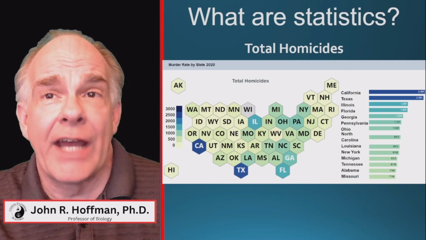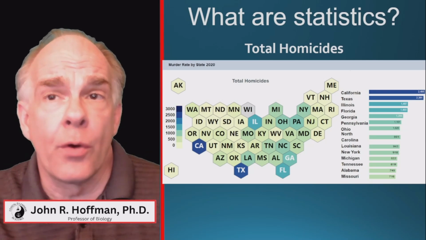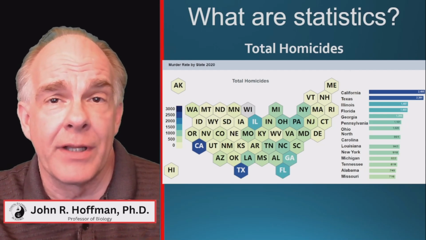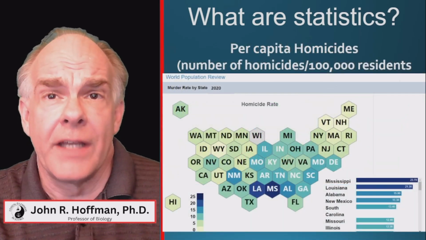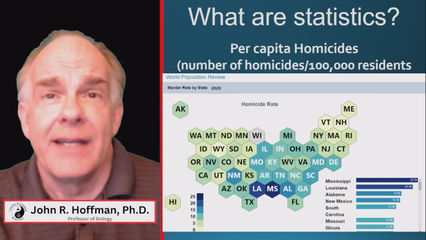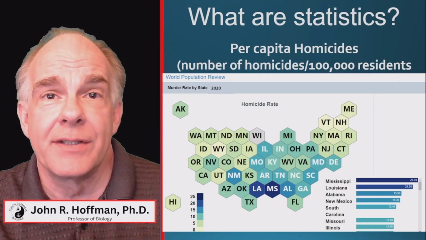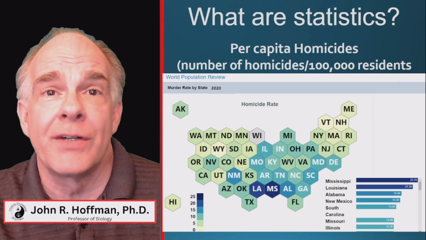Is this an accurate representation of the data? Many people argue that the total number of murders is misleading, since some states have larger populations than others. In this infographic, instead of total numbers of murders, the data presented is the total number of murders for every 100,000 residents. In this per capita image, Mississippi and Louisiana have the most murders at over 20 murders in 2020